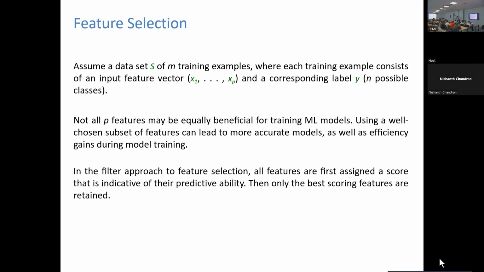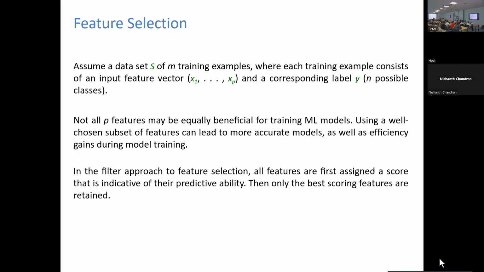As I mentioned, in the filter approach for feature selection, you first compute one score for every feature. This score indicates how good that feature is for predicting.